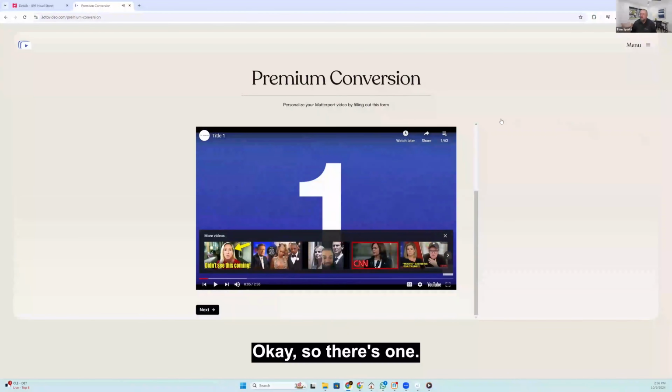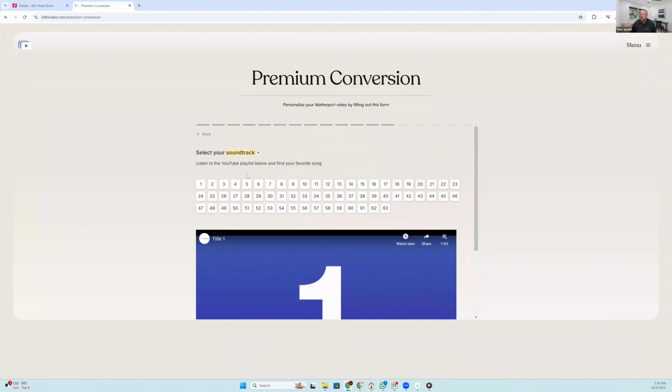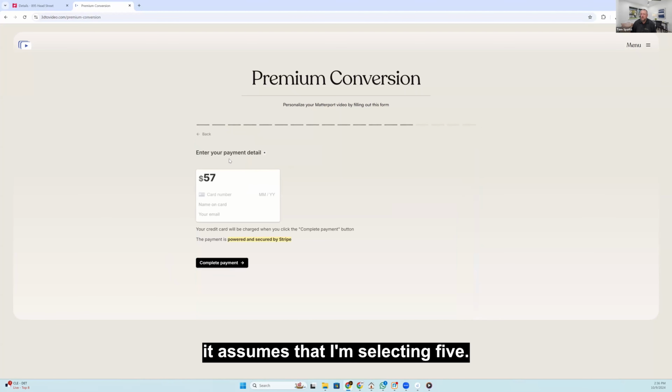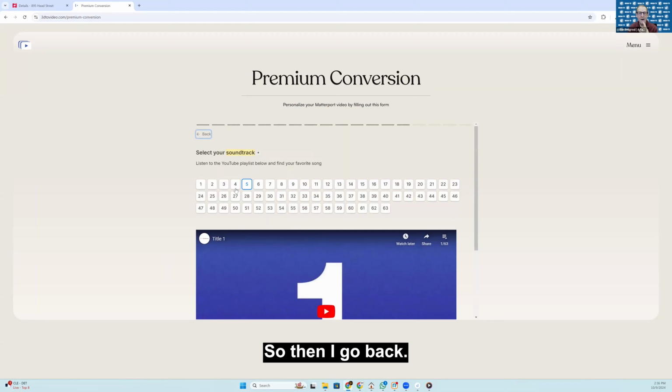Okay, so there's one. Now, if I click 5, it assumes that I'm selecting 5. So then I go back and it has 1 again, and I can't hear what 5 is. So that's a big issue.